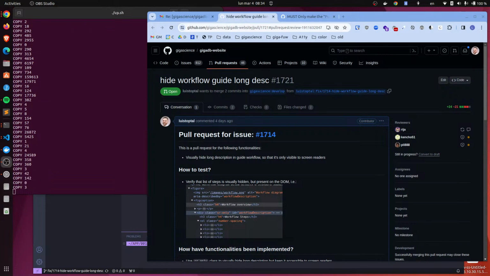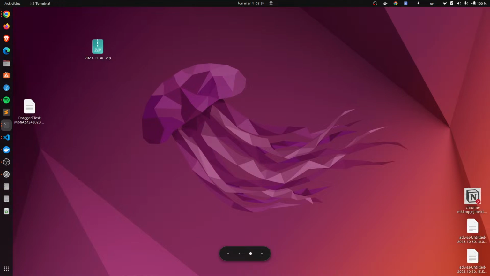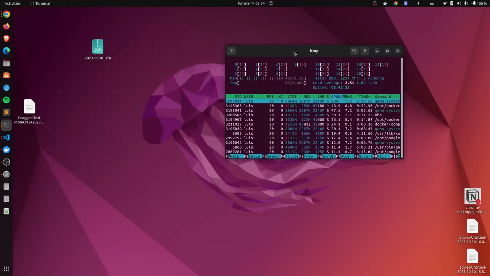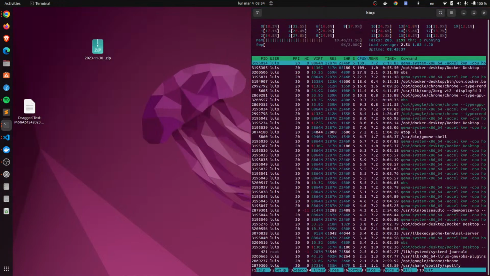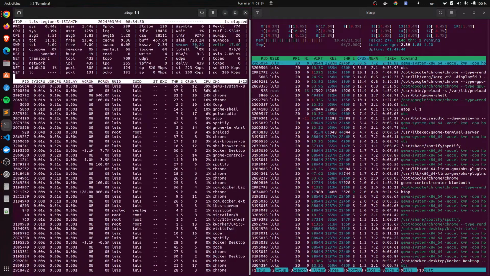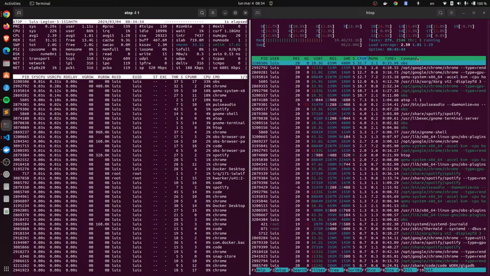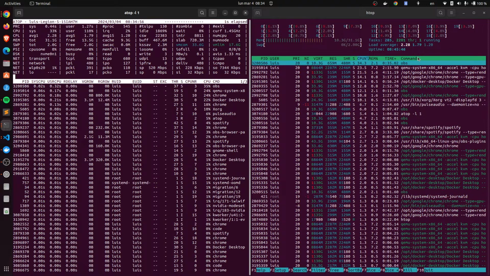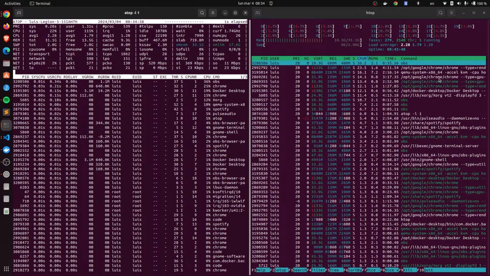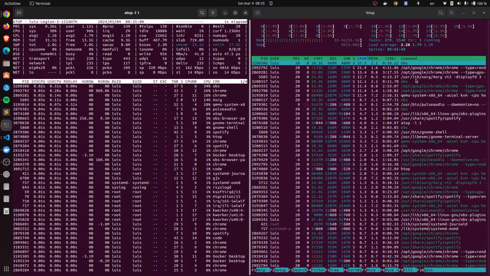Because of Visual Studio Code and Spotify, see, let's actually take a look. Here we have the desktop. I'm gonna put it in the main screen. Wait, it's a secondary. Top shows that what's taking resources is Chrome and Docker Desktop.